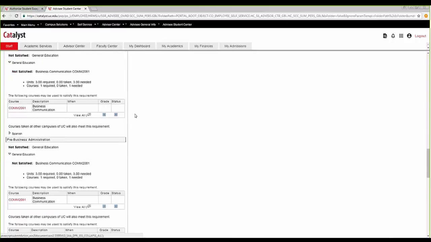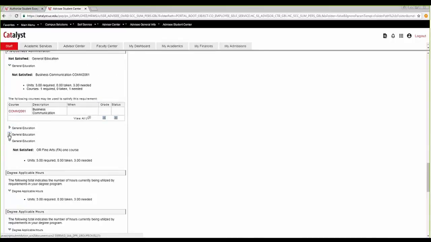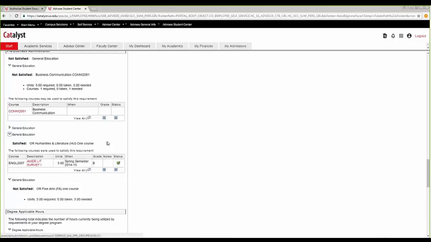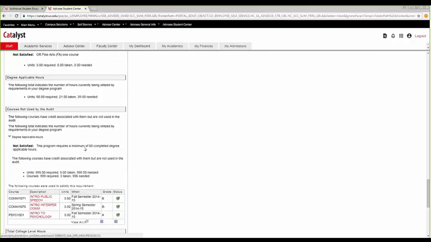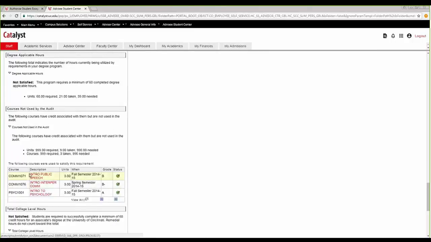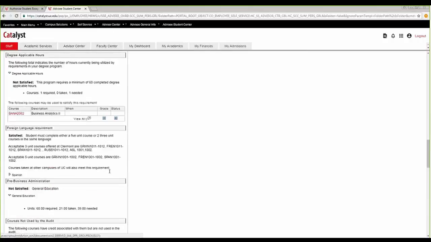And when I scroll down to the bottom of the report, that COM 1071 course is no longer in Humanities and Literature. You can see English 2007 came up because it also has the code. And you can see that COM 1071 has pushed down into the courses not used by the audit section, because that's the next nearest section that it would be an applicable course for. You'll notice with the exclude value as a directed type that you don't get a notes field. So when you exclude a course, the student doesn't see that detail, that long description, on the web-based version of